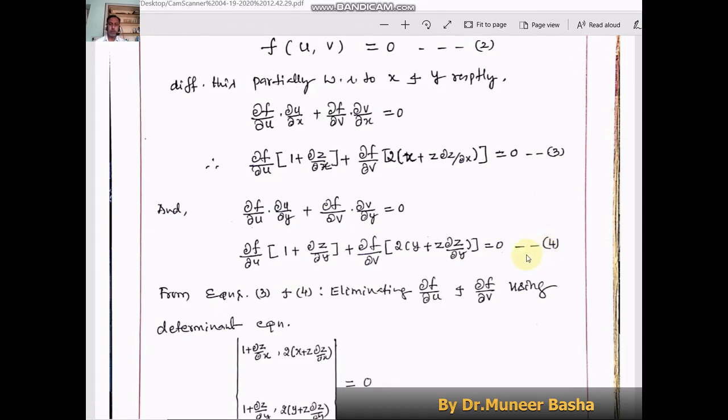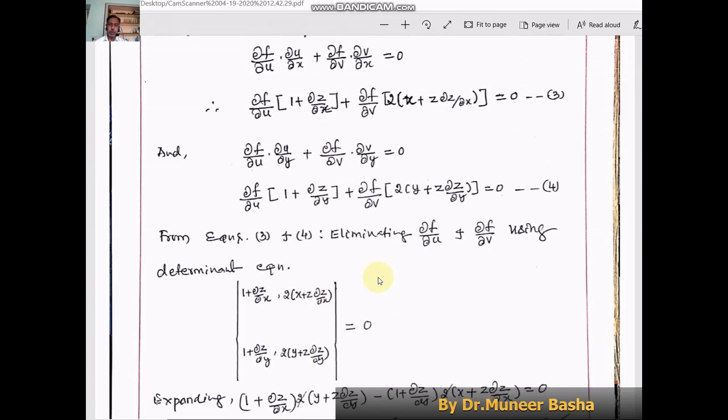So these equations are involving similar terms. You can observe here dou f by dou u, dou f by dou u, and dou f by dou v, dou f by dou v. So there are two similar terms in both the equations. Now we will use the determinant method to solve or to simplify. So in these cases use one determinant, where excluding this known factor, dou f by dou u and dou f by dou v are known factors,